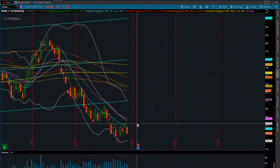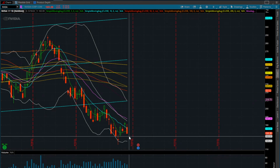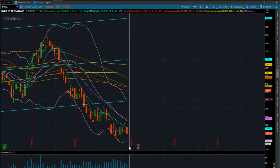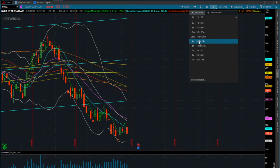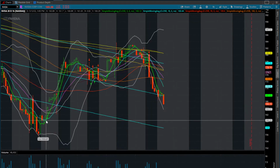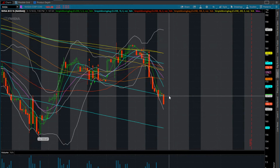If you guys have traded Nvidia before, you know how well this stock moves intraday. We got a 3-point move there, and anything below 165, 166 does have room to this lower Bollinger Band, and these recent lows, 160 and 154. Those are the levels you want to play. If you want to get a little bit more dicey with it and you want to see the hourly time frame, we're looking for any sort of bounce tomorrow that gets rejected at 160, 167, 168,